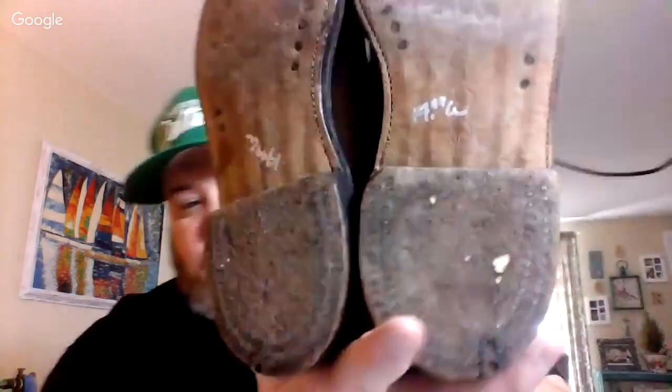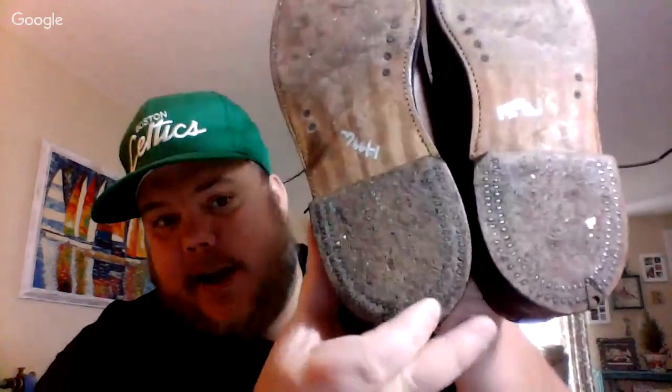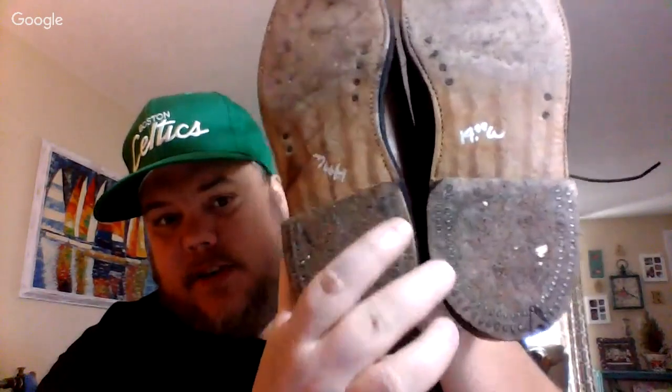And these are Florsheim. These are the only ones I pick up. You could tell, really nice, high quality shoe, even though they're older. You can tell right there they're handmade. See the nails and everything in them. And these were probably the best pair of shoes I